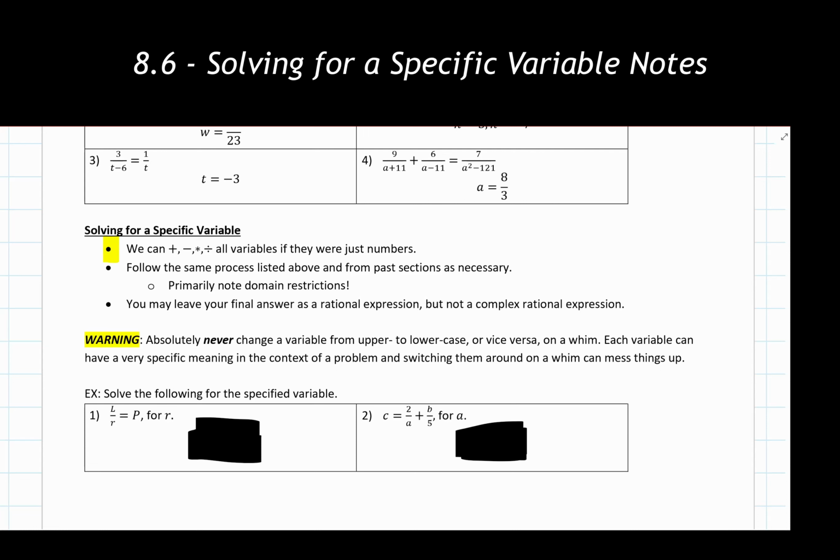So we can use any and all of our previously learned methods to go through and solve these things. Again, I'm kind of repeating myself on this because a lot of people think that there is a very specific set of rules that we need to follow when solving for a specific variable. There kind of isn't. So there's a lot of the same stuff that we've used in the past. We're just using it in a more generalized sense than using specific numbers is all.